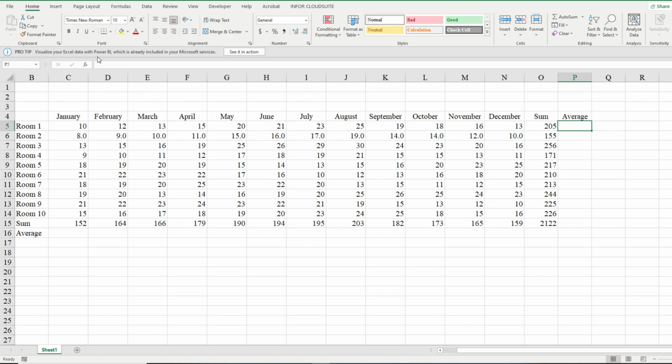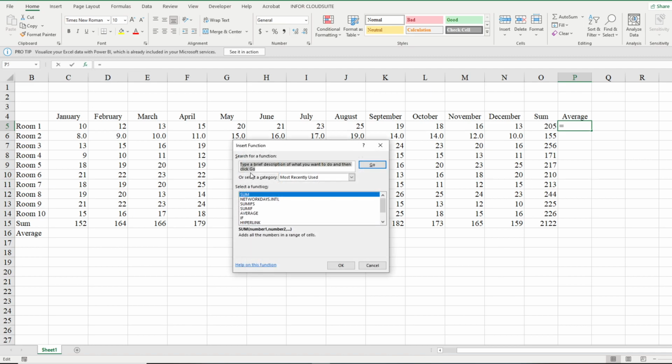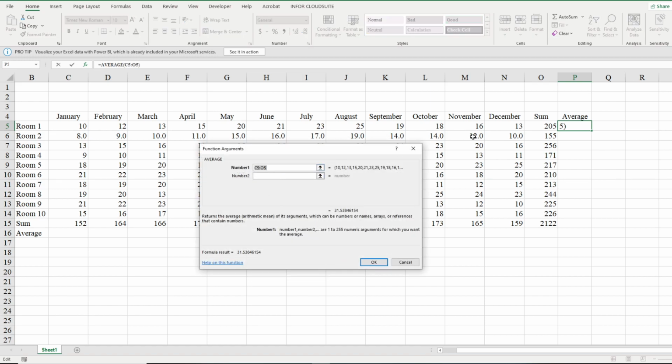So if you go up here, you have a little function bar that says fx. That says insert function. If you go up here, you can search for any function. So we're going to type in average and hit go, and you see here now we have the average function. So let's make sure we're highlighting on that, and we'll click OK, and it's going to come up with this little wizard bar. So if we want to do, let's say, the average of a number of times we've had people in a room, or a number of days people have been in a room,